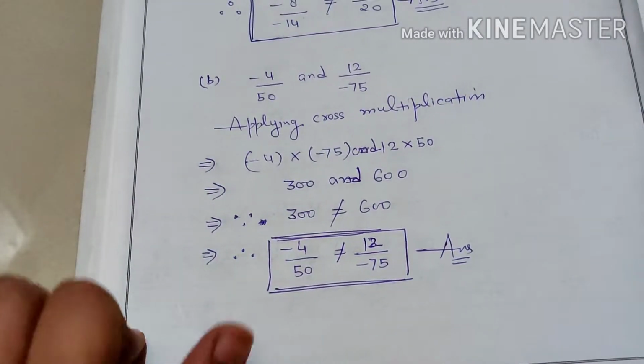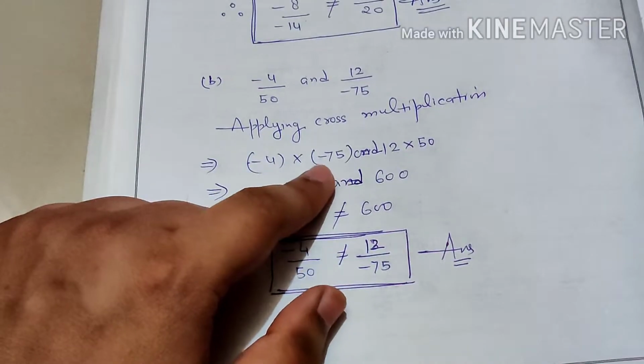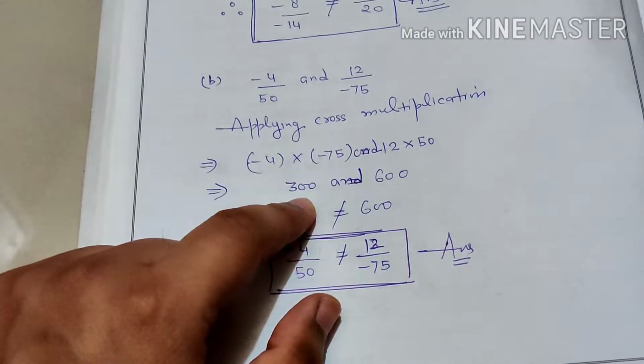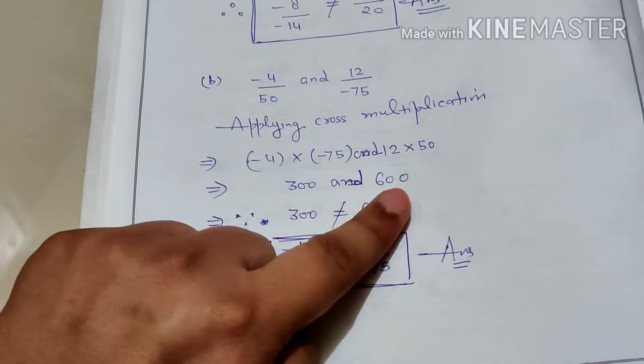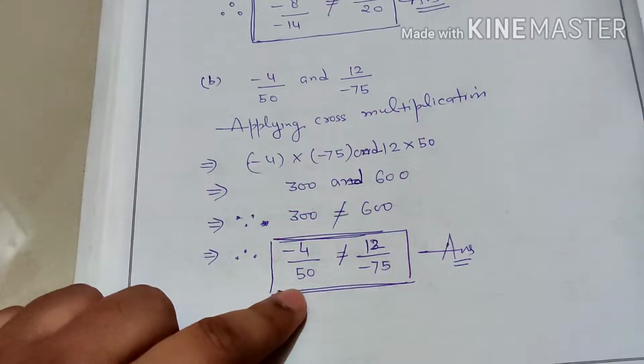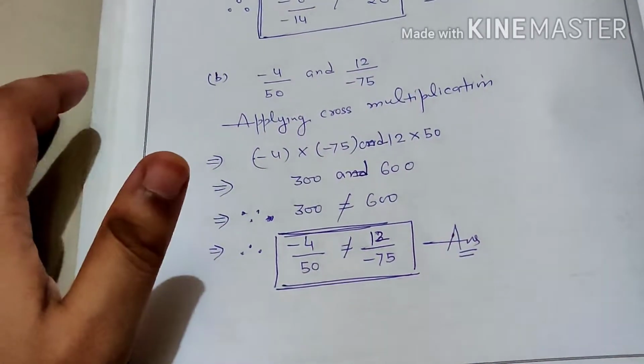Again, let's take another example. First we cross multiply, and we get 300 on one side and 600 on the other. Obviously this is not equal, so by writing the original form, these two rational numbers are not equal. Now